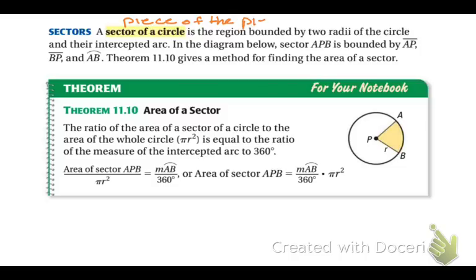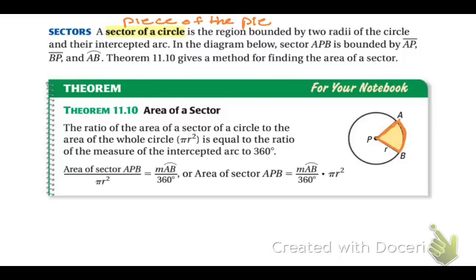How big is that piece of pie that you're eating? Okay, so the sector of a circle, here's your definition, is the region bounded by 2 radii of the circle. Here are my radii, 1, 2, and their arc. Just like a piece of apple pie, you've got 2 straight lines if you cut it nicely, and then you've got this rounded part